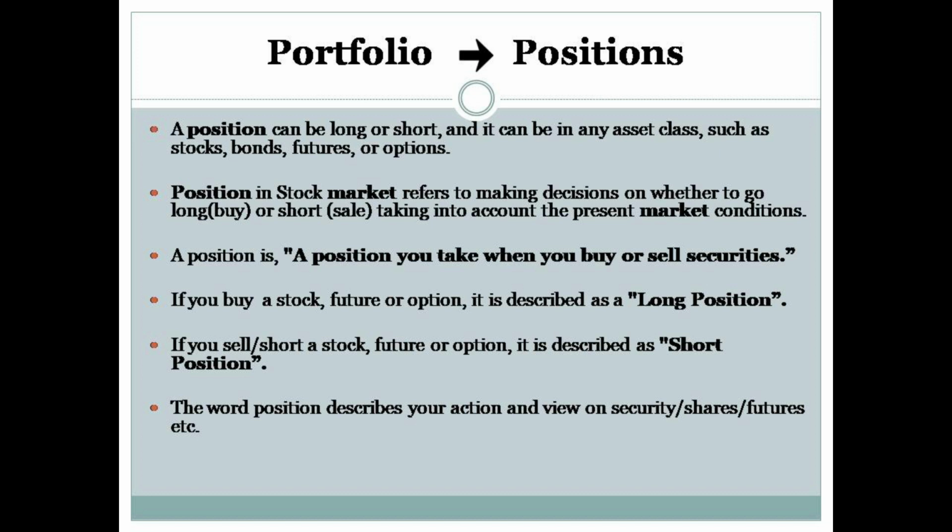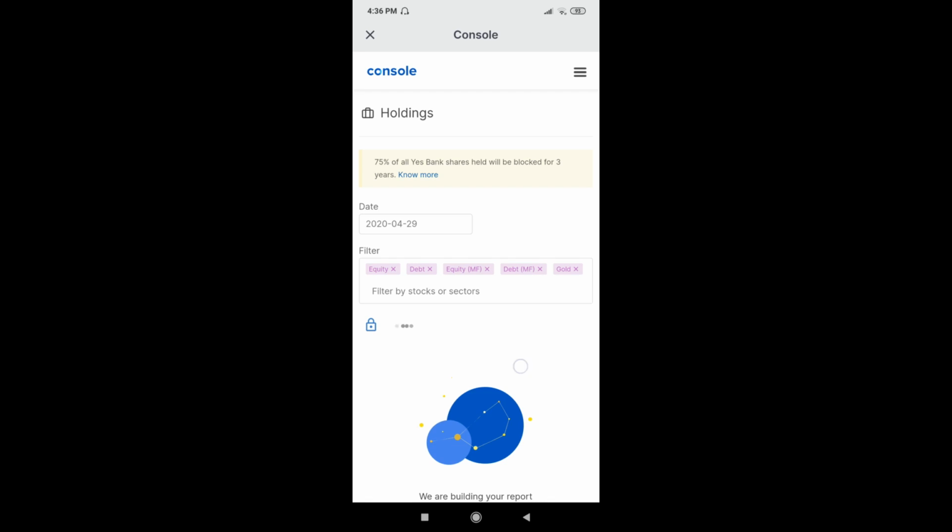So let's have a look at the practical demo. This is the third tab, which is portfolio. In portfolio we have two sub tabs, that is holdings and positions. In holdings you can see all the shares held by you. You can see the invested amount, the current amount, the share name, at what price you bought that share, what the profit and loss is in rupees and in percentage, and all. And here we have the option to view the complete portfolio as well. You can click over here and see your portfolio over here as well.